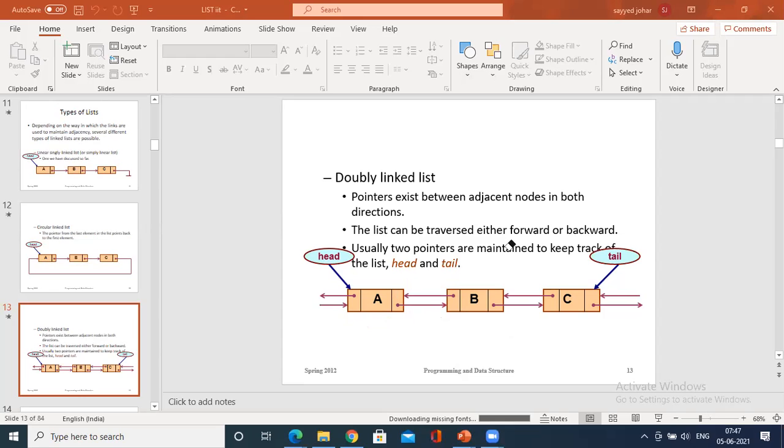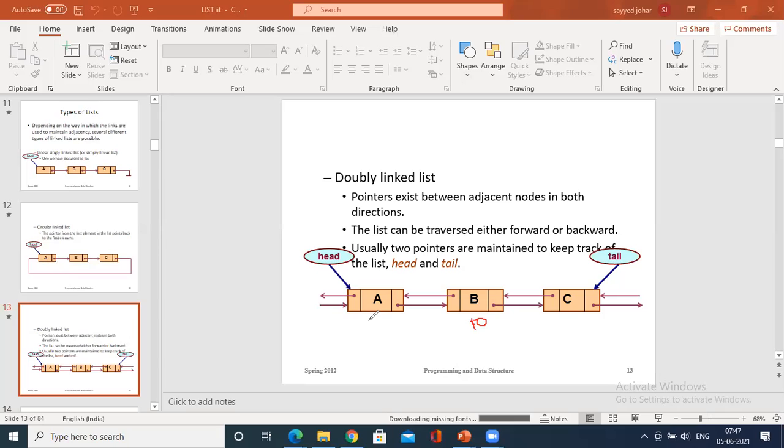See, very simple. This is a value A. Imagine the address of B is 10. Address of B is 10.